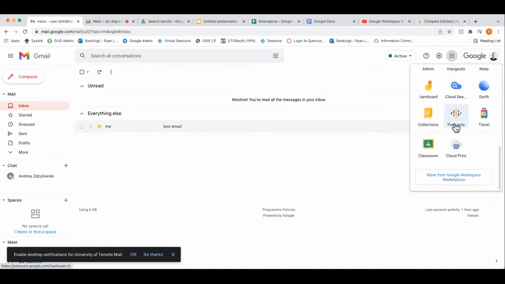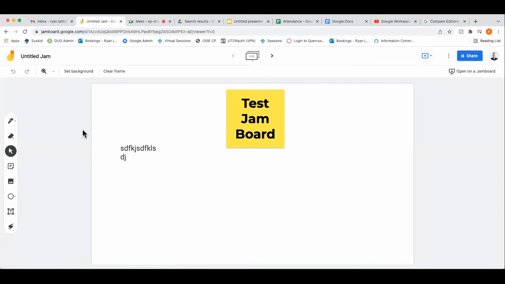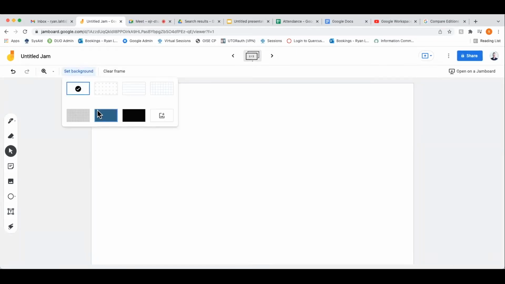Scroll down. Jamboard. So Jamboard is basically like a giant sticky note, bulletin board type place where you can create your own content. Again, you can share this and open it up with anyone you want. If you're running a Jamboard in a meeting, everyone in the meeting will have access. You can add new pages, set backgrounds,